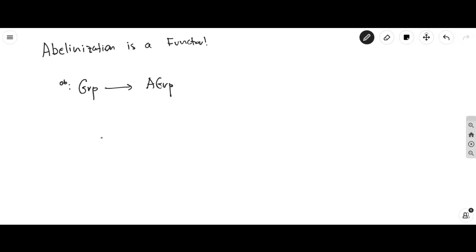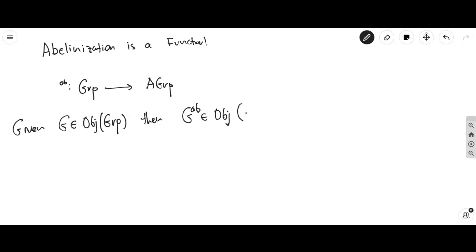Basically, if you're given a group, an object in the category of groups, then G ab is now an object among abelian groups. That makes sense, but the follow-up question is,